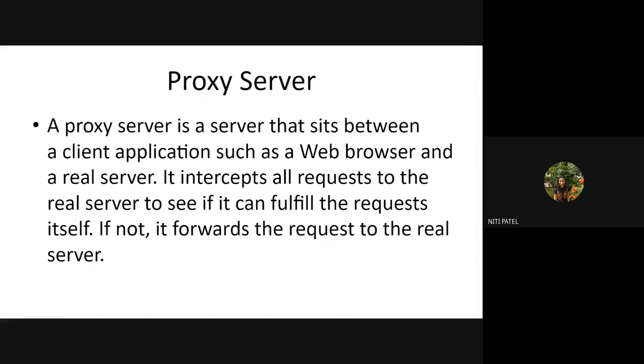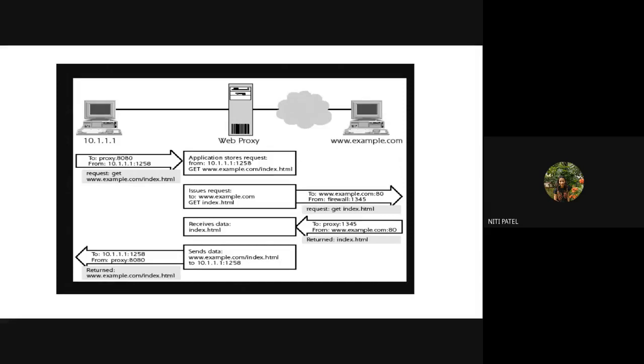But in between this communication, or in between these two devices, I have one more device, or I can have multiple such devices, called a proxy server. If you see this diagram, I have a client machine and a destination machine, or a client and a server. In between these two devices, I have something called a web proxy, or a proxy server. Like this, I can have multiple proxy servers. Here in the diagram it is shown as one, but in a natural scenario you may have multiple proxy servers installed.